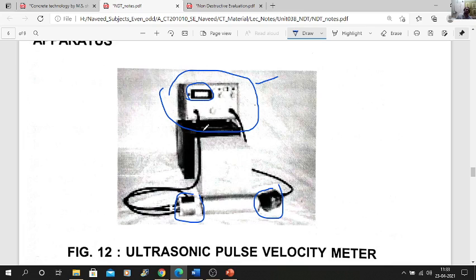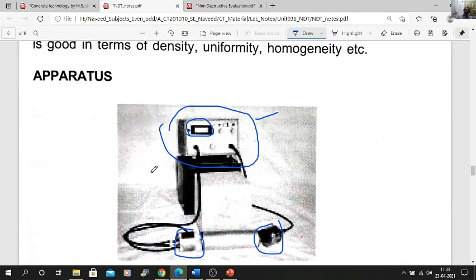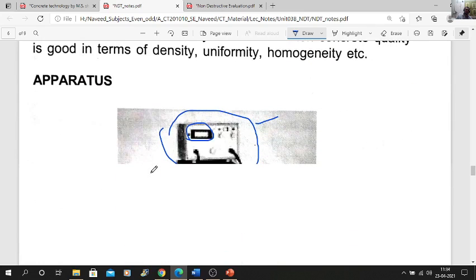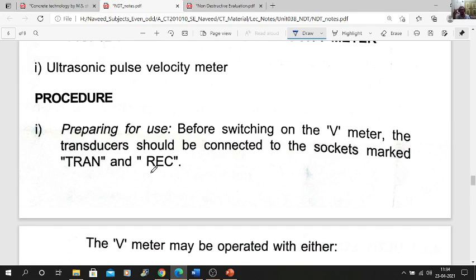One is the transmitter and the other is the receiver. One will emit the waves and the other will collect them, so that we are able to find out the velocity of the waves, and that can give us a measure of how dense your concrete is, and if there are cracks or any anomalies they will be found out.